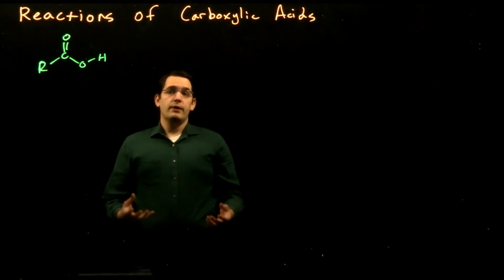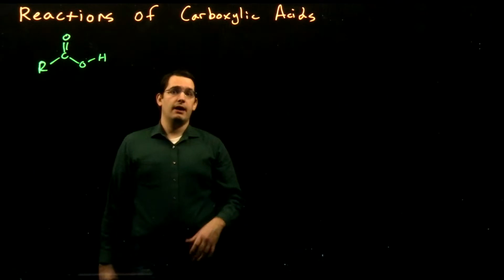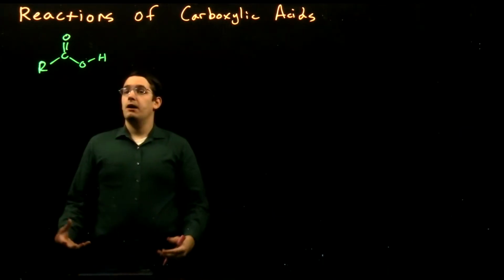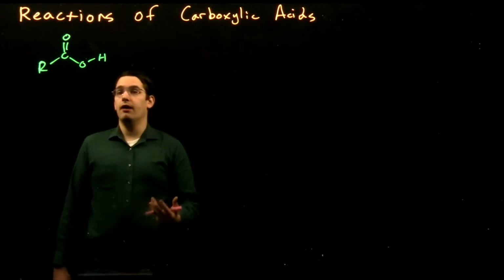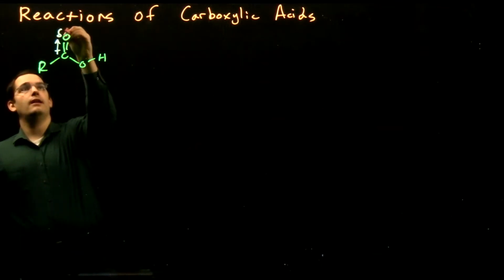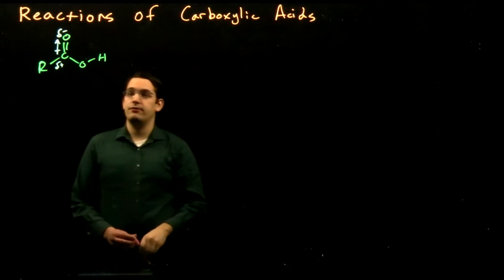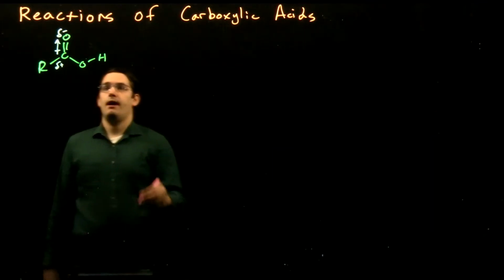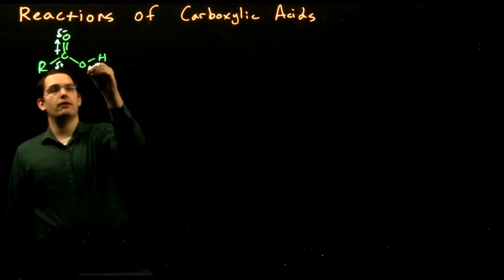In our last video, we saw how carboxylic acids are found in many of the common acid products that we see around us. Now, of course, the acid-base reaction isn't the only possible reaction of our carboxylic acids. So our carbonyl carbon-oxygen double bond, of course, is highly polarized towards our oxygen, creating a great electrophile here at our carbon. And then, of course, we have our electrophilic hydrogen over here,